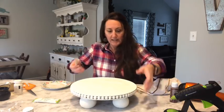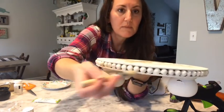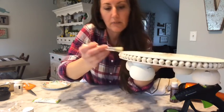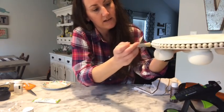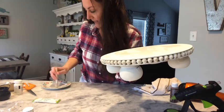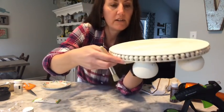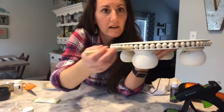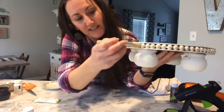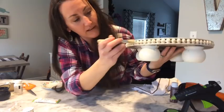I don't want it perfect. I'm just gonna kind of go around. I don't need perfect paint. But you see, I'm painting that. A little more paint. Don't want a big gob of paint on it. So I'm gonna turn this around some more. And y'all, I'm painting so you can see. I'm trying to see. But yeah, so I'm just kind of,